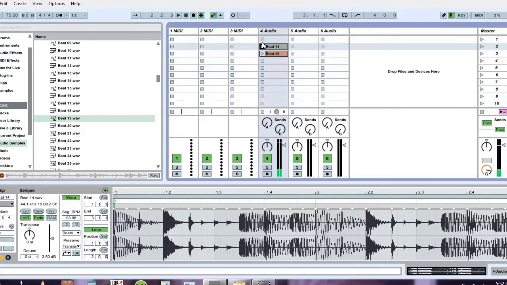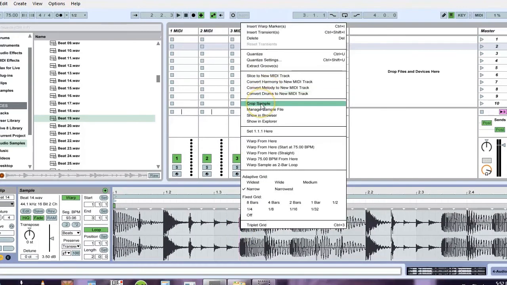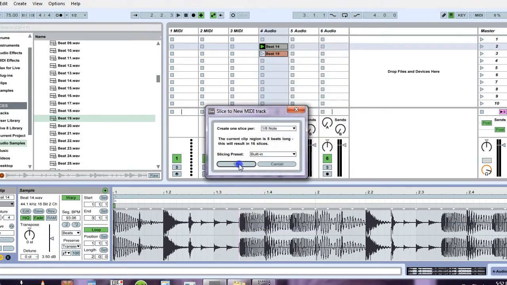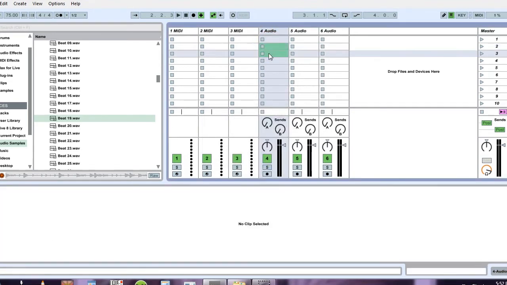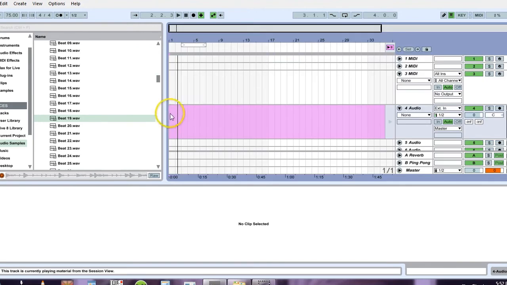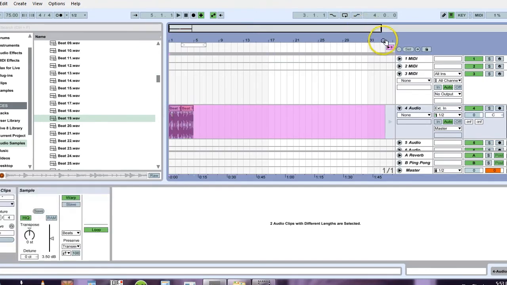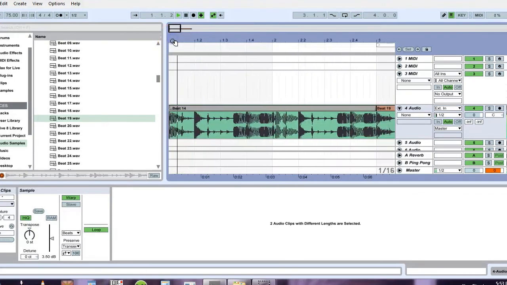Adjusting it. Okay, so what I want to do now is take this guy here and right click, crop sample, slice to new MIDI track. Now, there's lots of things. You know what? I'm not going to do that. What I'm going to do is take these guys and cut them. I'm on track number 4. I'm going to go over here and paste them, and I'm going to cut some of the